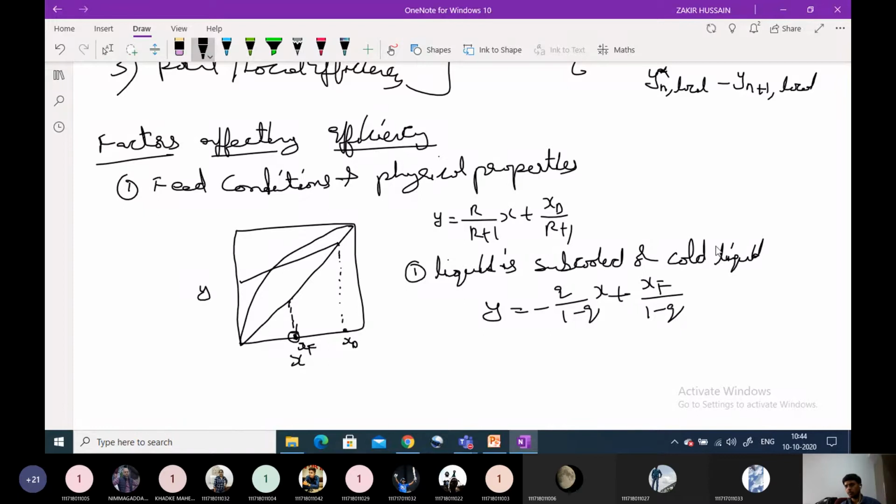If this is a cold feed, then for the cold feed, q will be greater than 1. Then our feed line will be like this. So q is greater than 1. Then what happens? The number of plates you calculate here will be very high, because the graph paper will show that the maximum number of plates will be achieved until here. Then after that the usual phenomena will apply, stripping section and everything. The next condition of a feed is saturated liquid, or feed at its bubble point.